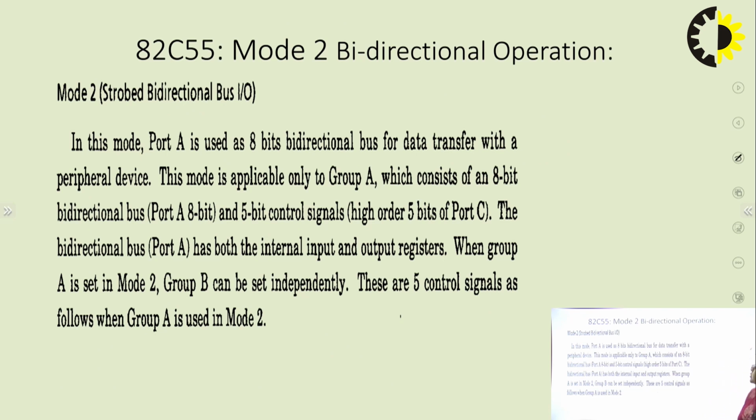Similarly, in mode 2, it is used as bidirectional operation, that is bidirectional data transfer. For bidirectional, port A is used as an 8-bit bidirectional bus for data transfer. This bidirectional mode is used only for group A. And when group A is programmed for bidirectional data transfer, 5 control signals,